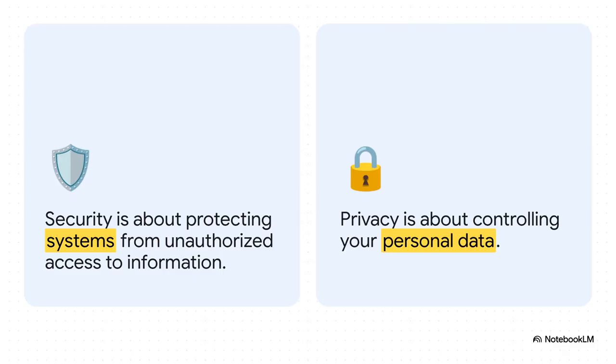And this brings up a really important point because people tend to mix these two terms up all the time. On one hand, you've got online privacy, which is all about you controlling your personal data, like who gets to see it and what they can do with it. But cybersecurity is the bigger umbrella. It's about protecting the actual systems, the networks, the servers that hold all that data. Here's the bottom line. You really can't have any privacy if you don't have security first.